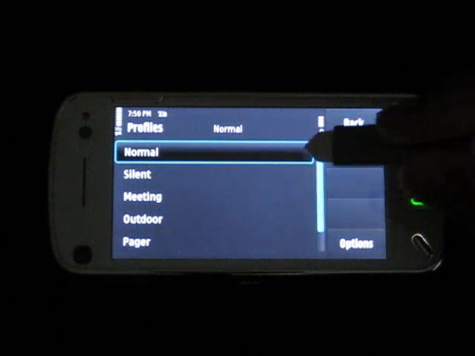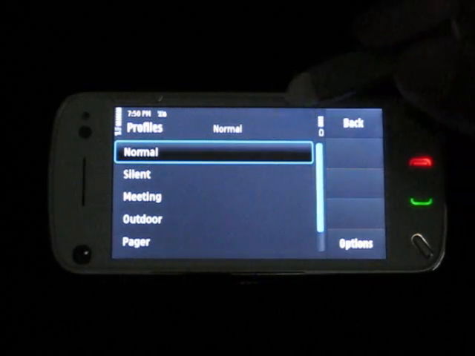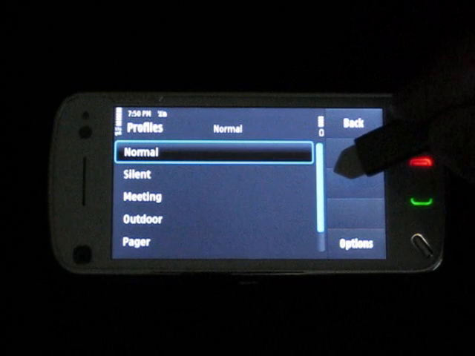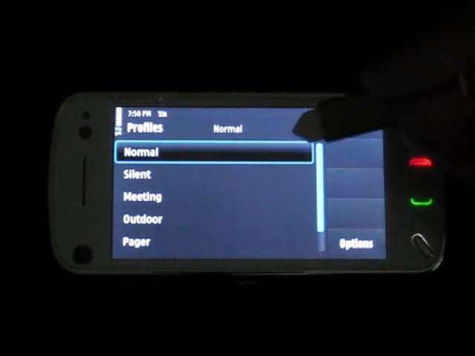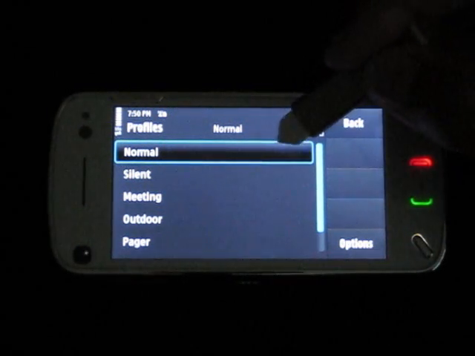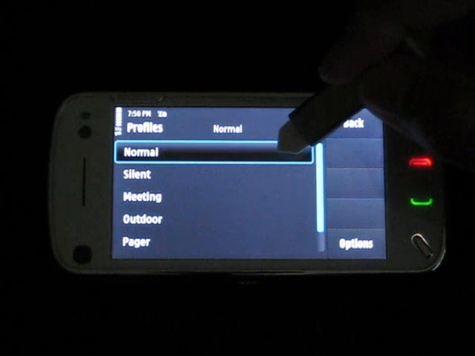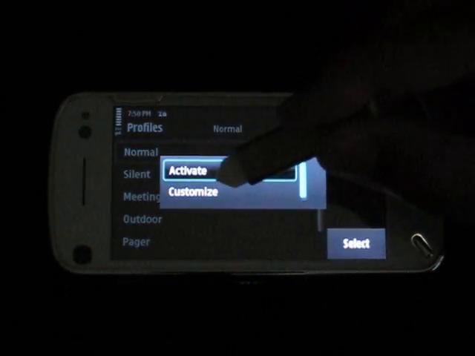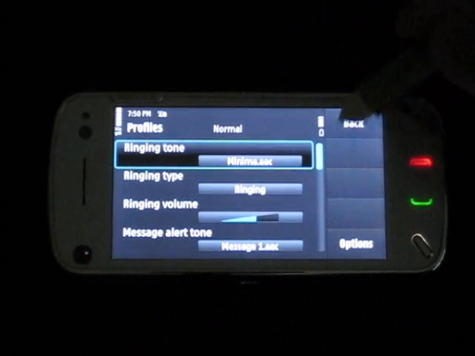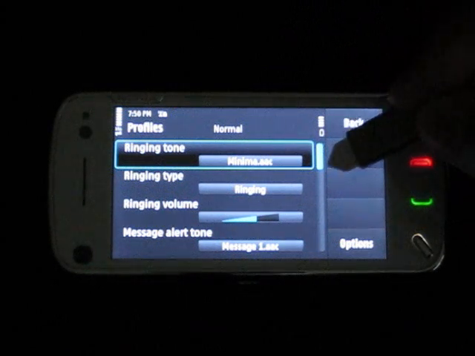So you get your Normal profile, which is the standard one that pretty much everybody uses, but I usually create my own, which I probably will do later on. I only got this phone about 2 days ago. If you go into the Normal profile and hit Customize, you get the settings for your ringtone, ringer